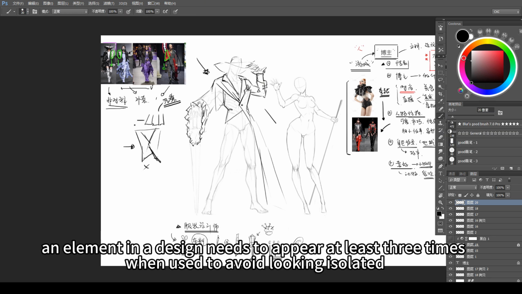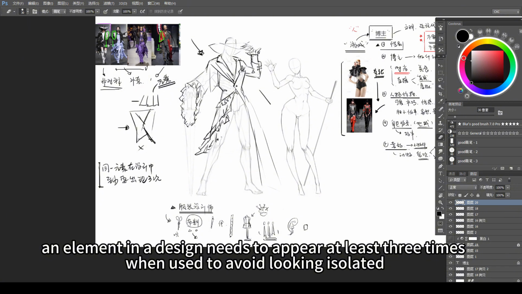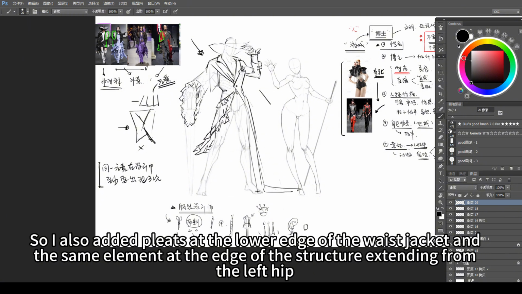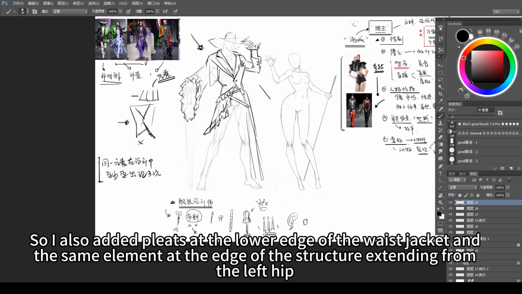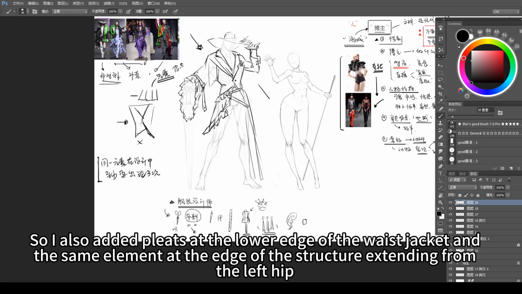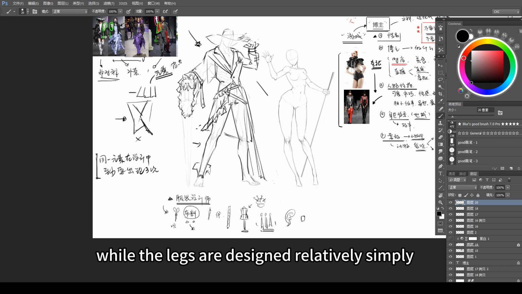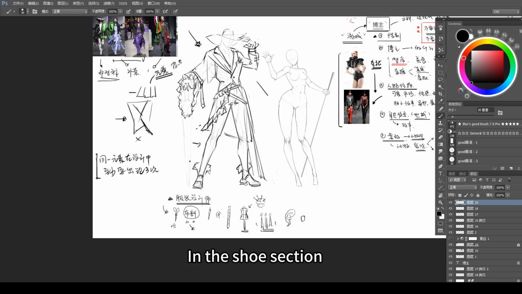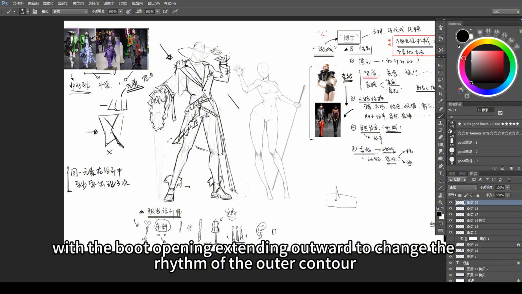Usually, an element in a design needs to appear at least 3 times when used to avoid looking isolated. So I also added pleats at the lower edge of the waist jacket and the same element at the edge of the structure, extending from the left hip. The upper body is the key design area of the clothing, while the legs are designed relatively simply. In the shoe section, a pair of boots is designed, with the boot opening extending outward to change the rhythm